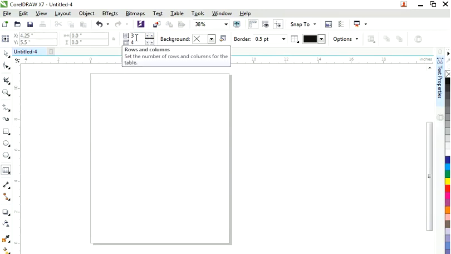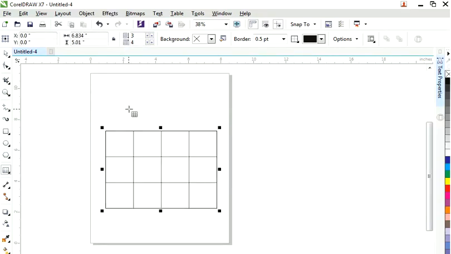The first thing is that if you go at the top, we can see the rows and columns. Okay, first I create one. Now you can see here the columns and rows. This is called rows: 1, 2, 3. These are called rows, and I'm talking about this. From top to bottom, this is called columns. So it's asking how many columns and how many rows you want. I said I just want 3 rows and 4 columns. It's totally up to you how many rows and columns you want.